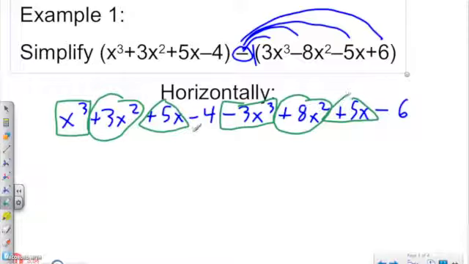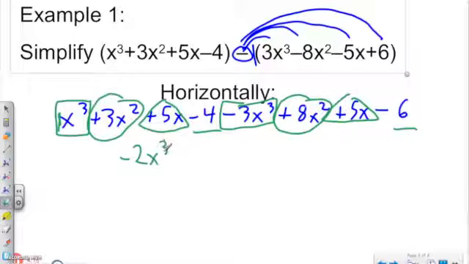And I'm just going to underline our constants. And that tells me that anything that's in the same shape I'm going to need to combine. So if I have a positive x cubed and a negative 3x cubed, remember if there's no number in front of the variable, it's a 1. So this is really a 1 minus 3, which is going to be a